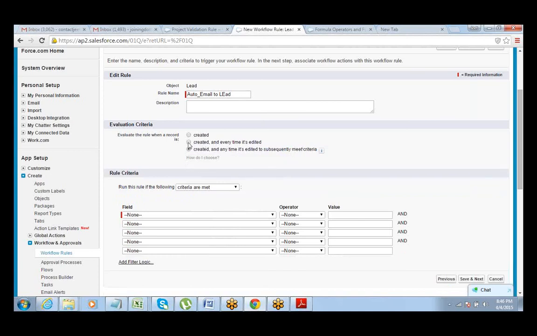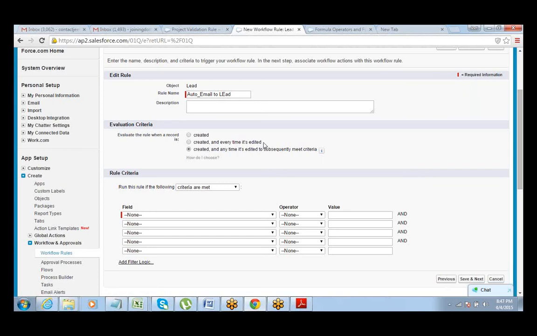Okay, so there is a thin line between the second and third. First one is completely different. It gets evaluated only when a new record is created. There is a small difference between the second and third one. So the second one is whenever it's created and every time it's edited. Okay, and third one is if it is edited to meet the criteria. So that is the difference.